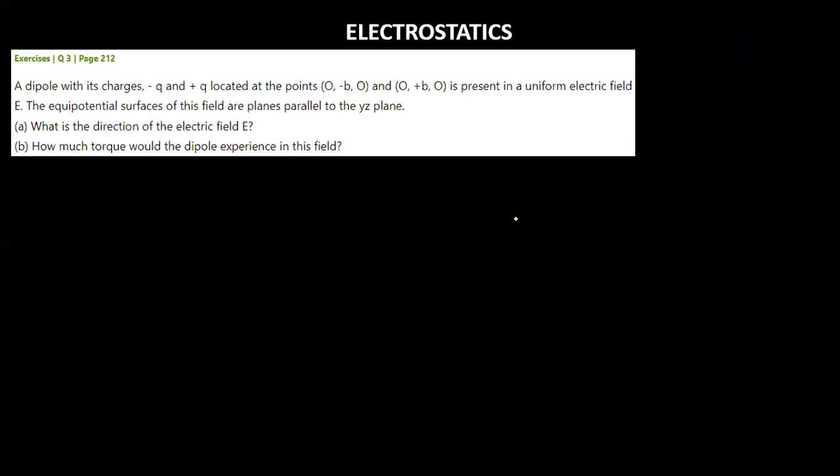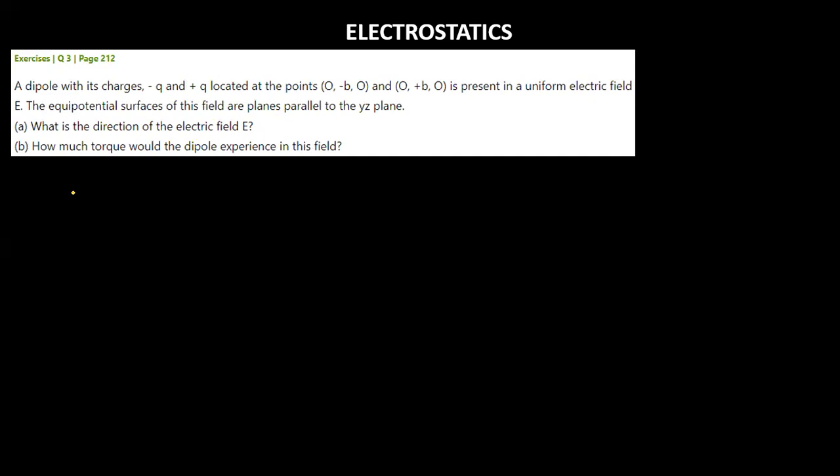Next chapter, electrostatics numericals. We have the first question: a dipole with its charges minus q and plus q located at the points (0, minus b, 0) and (0, plus b, 0) is present in a uniform electric field E. The equipotential surfaces of this field are planes parallel to the YZ plane. The question is asking what is the direction of the electric field. Always remember, whenever equipotential surfaces are given in the question, as here, where they have told that the equipotential surfaces are parallel to the YZ plane,